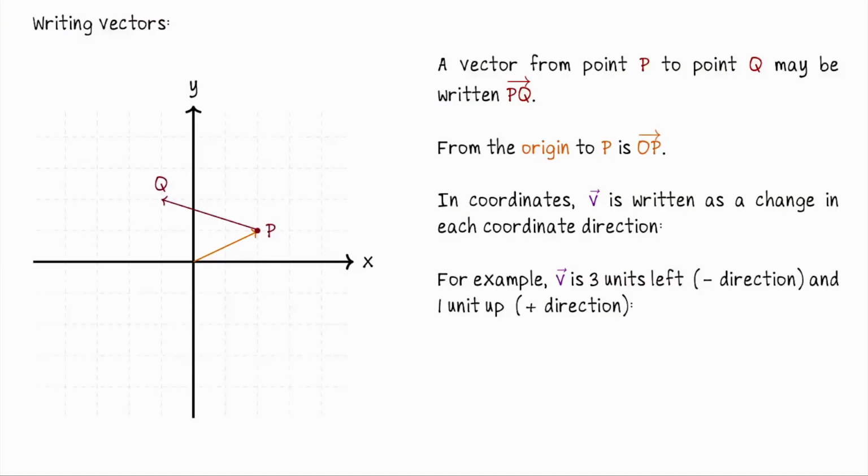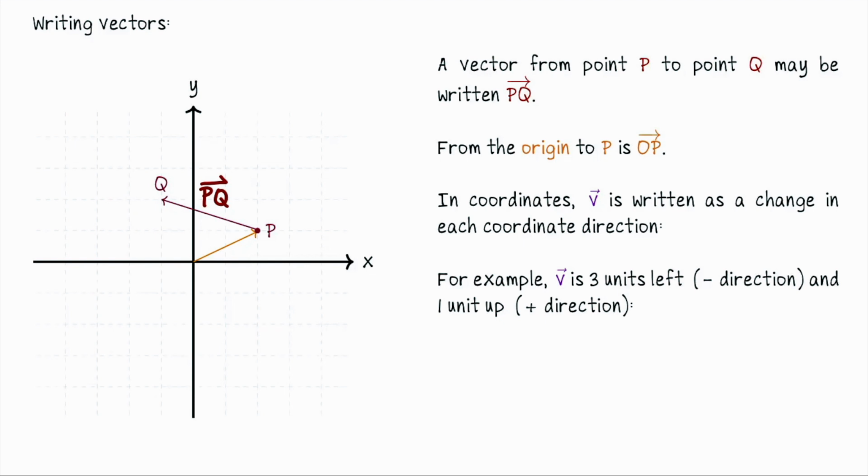Let's talk a little more about vector notation. So I showed you earlier the notation v with an arrow over it, but there are other ways that we can denote vectors. In particular, if I have 2 points, here P and Q in R2, and I want to go from P to Q with a vector, then we can denote that as PQ with a vector pointing that way. So it's like P is under the tail, Q is under the head, so we're traveling from P to Q. So this vector here is the vector PQ.